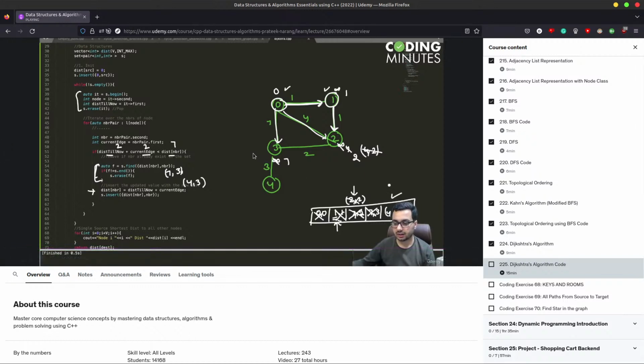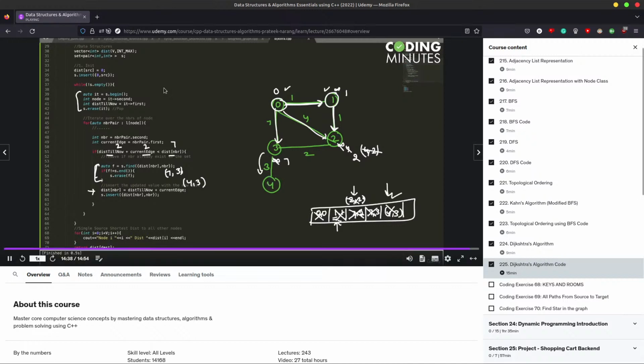Okay, and finally we remove 4 comma 3 from the set and we try to update this value, that is 7 comma 4. Okay, so this goes off and we try to update its neighbor, that is 7 comma 4. Finally this goes off and set is empty, and this is how you get this node, this distance as 7. So I hope this